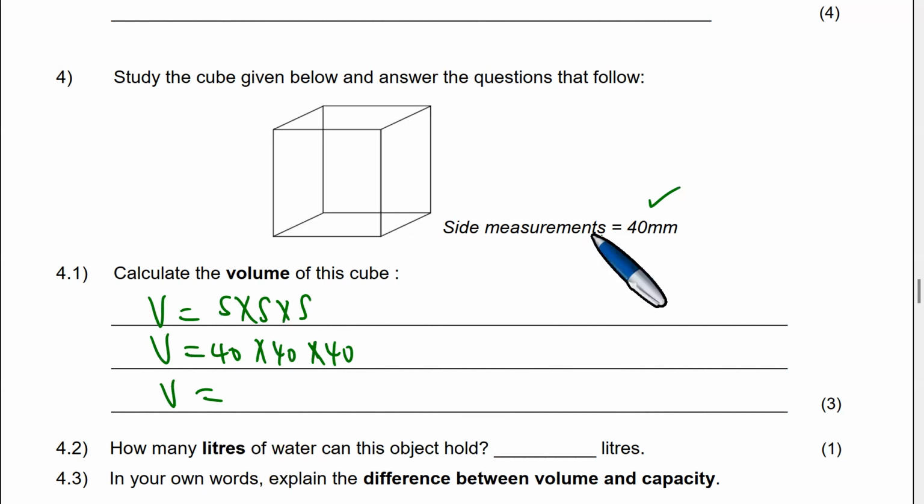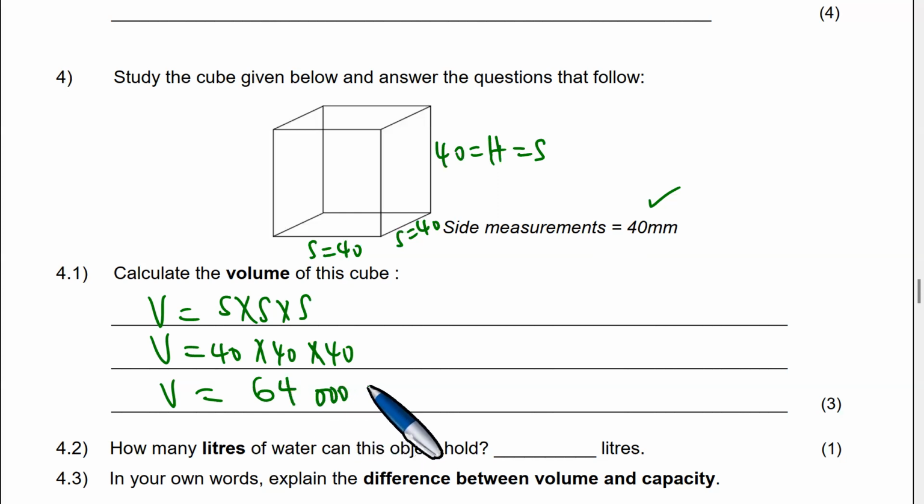Because the side measurements are 40, it means the height is 40. This side is 40, and that is also 40. Effectively, the height is also a side. So the length of the sides are actually 40 millimeters. So 40 by 40 by 40 is the same as actually 64,000 cubic